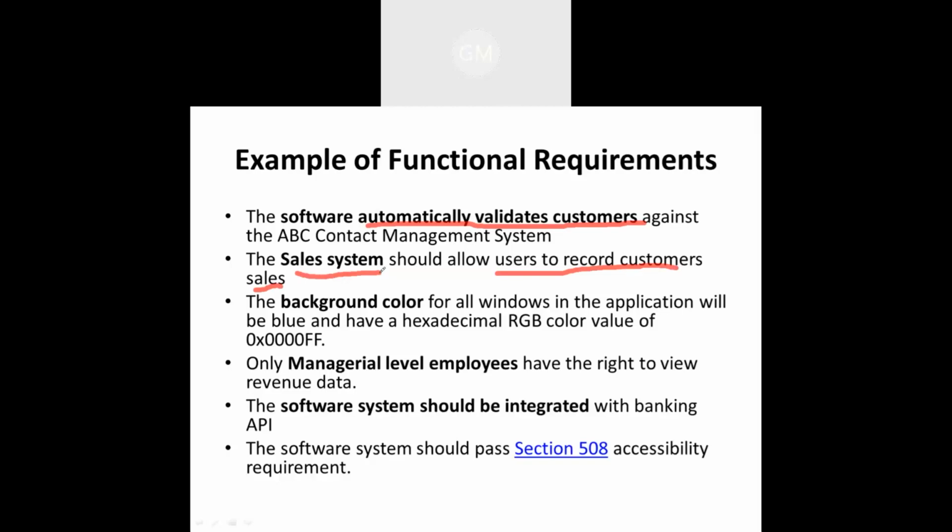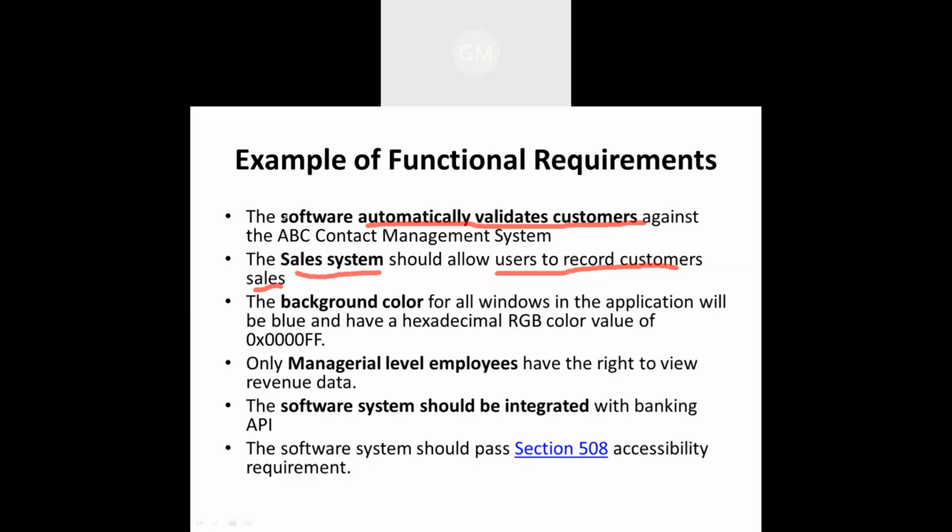Or another good example: you want to buy an online mobile and you are going through so many web portals to see different mobiles and doing the comparison. You may get recommendation systems. For example, you may say that today I want to purchase a mobile phone from 10,000 to 15,000. The system gives you so many options between 10 and 15,000. These are the recommended mobiles for you. This is another sales system which gives you your functional requirement.